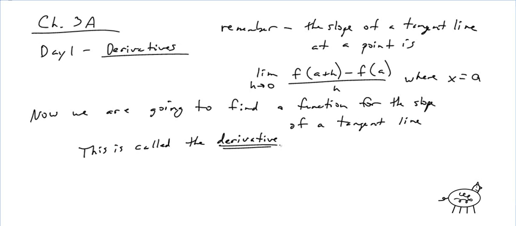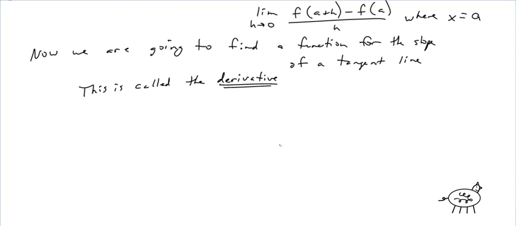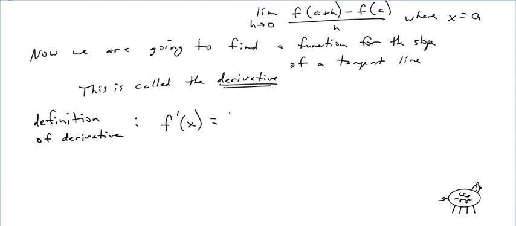Okay, so let me just cursor down here a little bit. So this is the definition of derivative. Again, this is going to be a function, so we call this f prime of x. Now there are a lot of ways to write the notation. You see f prime of x. We'll talk about different notations in a little bit, but let me give you the definition here now. So f prime of x is the limit